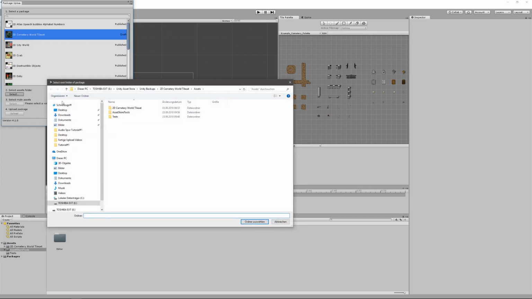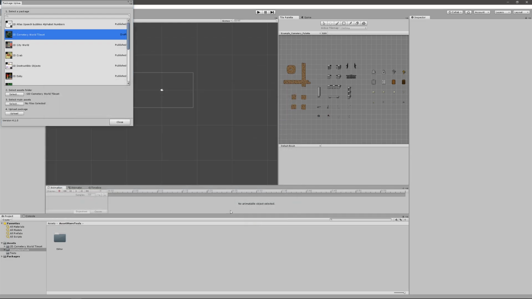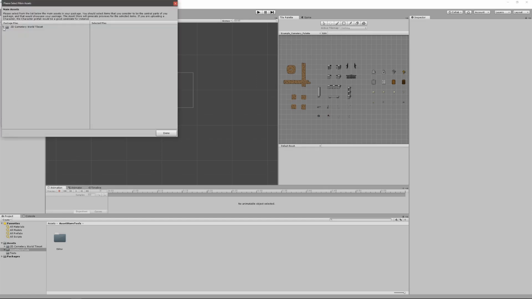Second, click on Select Asset Folder. Now select the folder you want to upload. Select main asset. Here you can check the important files that will be found in the asset store.